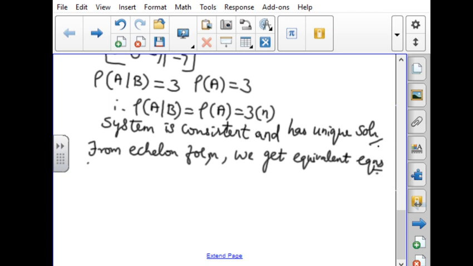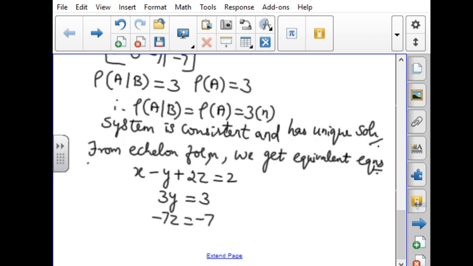So what are the three equations we are going to get from the echelon form? The first line in the echelon form is 1, minus 1, 2 and 2. So we can write it as x minus 2y plus 2z is equal to 2. So by the last echelon form matrix, we can write down the first equation like this. Second equation: first place is 0, so second place 3y, and third place is 0, so equal to constant is 3. And the last one is minus 7 is equal to minus 7.